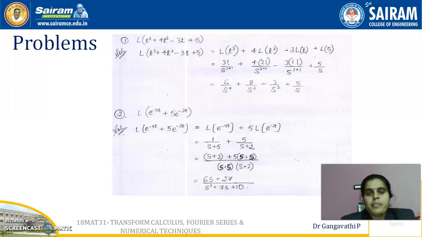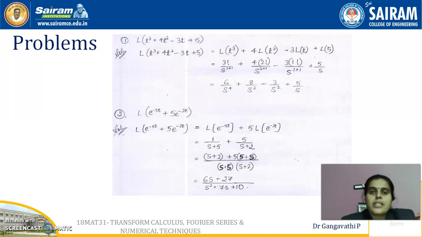So let us try to recall the Laplace transform of t to the power of n, and here there are two cases, when n is a fraction and when n is a positive number. So you need to use the ninth formula, that is L of t^n when n is a positive number. The formula was n factorial divided by s to the power of n plus 1. So here n is equal to 3. For the first function, the power of t is 3. That is 3 factorial by s to the power of 3 plus 1.